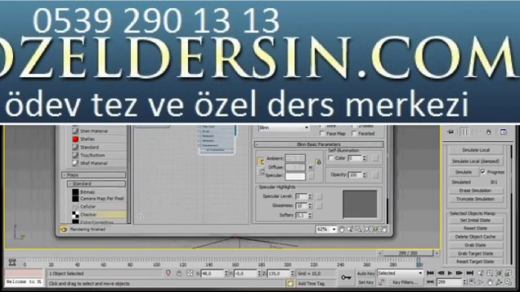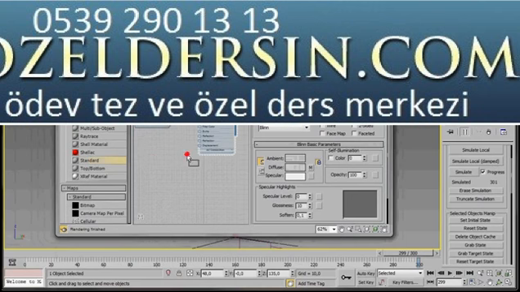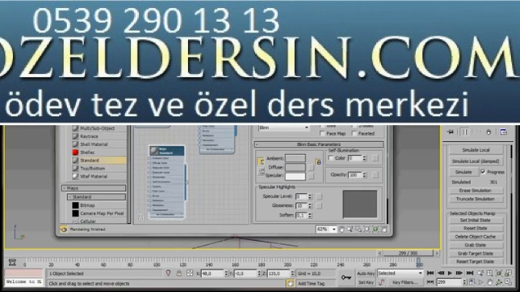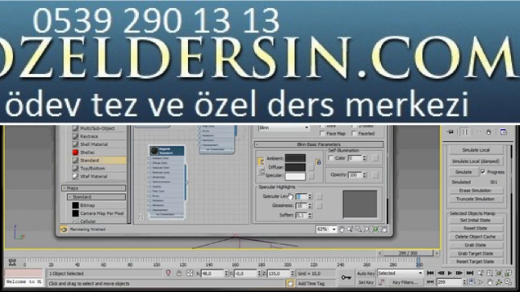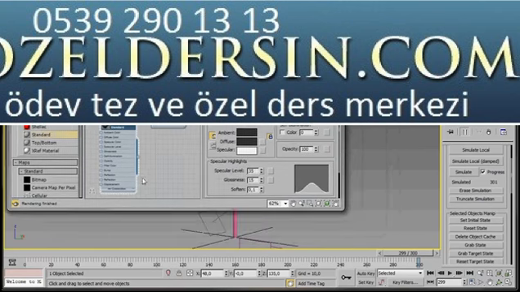Let's go back to the material editor. Now for the flagpole, I think we'll use a standard material, so I'll just drag out another standard, double click to open it. I'm going to change the name, just type in flagpole. In the diffuse color, I'm going to select a dark grey, then OK and close the dialog. I think I might bring out the specular level a little, something like 35, 40, and the glossiness I'll bring up to something like 15. Now we can drag the material to the flagpole